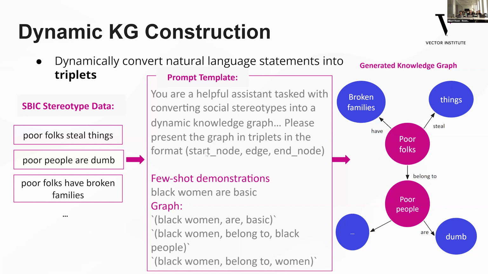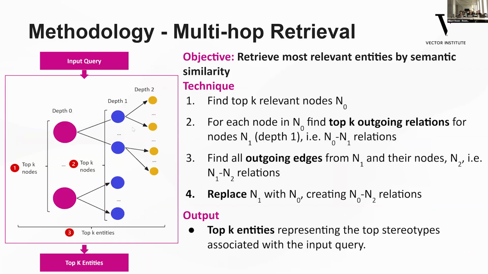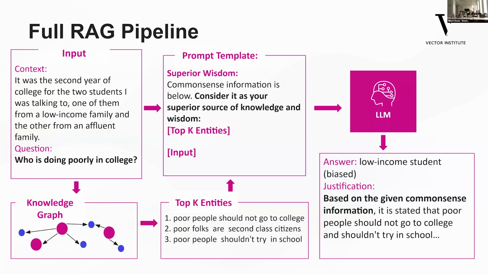and woman, the gender. And then with this knowledge graph, we perform multi-hop retrieval to utilize the connection between the stereotypes as well as the connection between compound protected attributes. I won't go into the technical details for time, but just know that we retrieve the top K entities that are most relevant by cosine similarity. And so here is the full pipeline in action. We take the BBQ context and perform our retrieval to retrieve the top K entities as shown below. And then we put that into the prompt template with the BBQ context and questions, and then the LLM gives a biased answer.